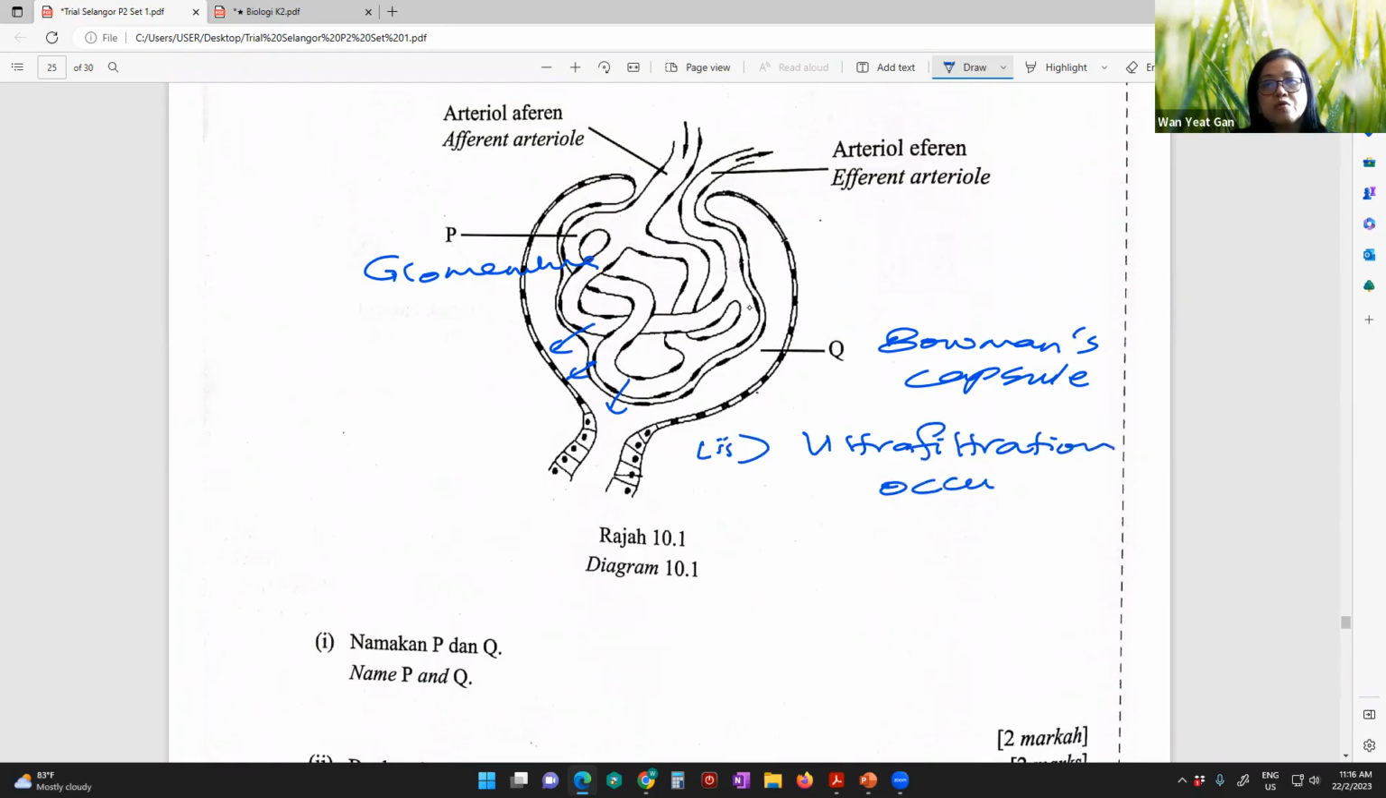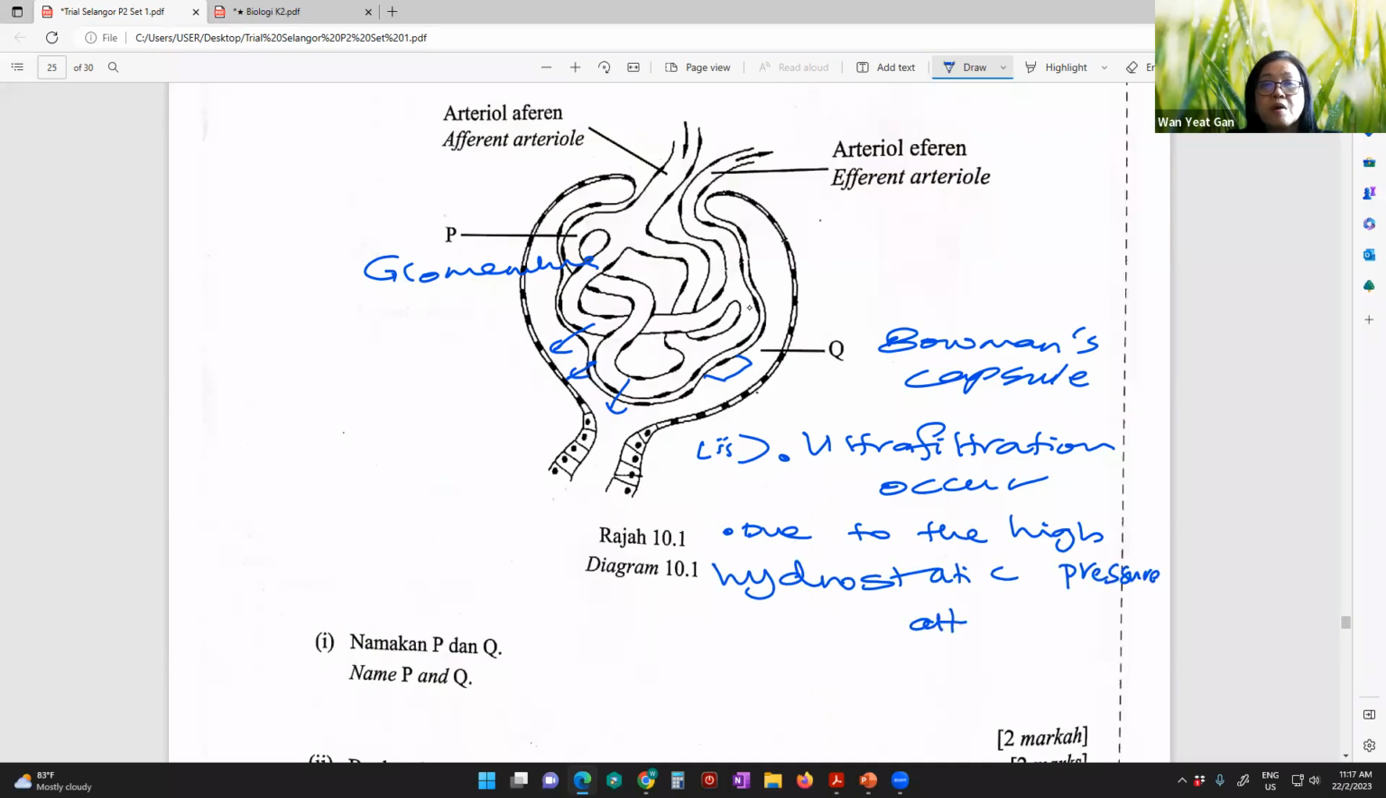Okay, now you know that the glomerulus, which is actually a network of blood capillary, is only one cell thick, and the Bowman's capsule is also one cell thick. So both form a filtration membrane that is very thin and allows ultrafiltration to occur. Now, how does this ultrafiltration occur? It is due to the high hydrostatic pressure